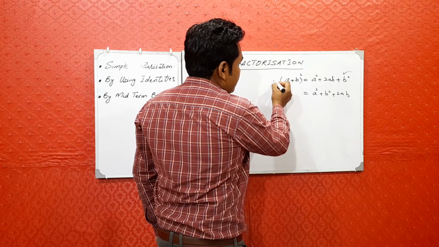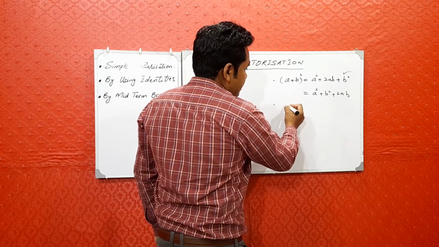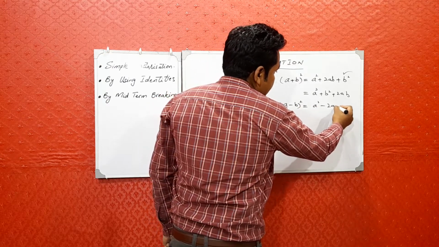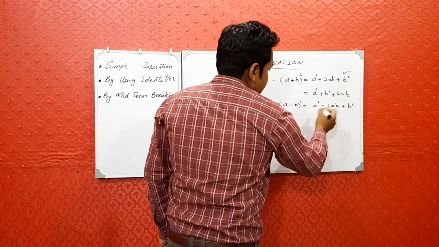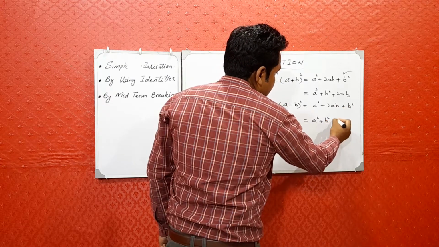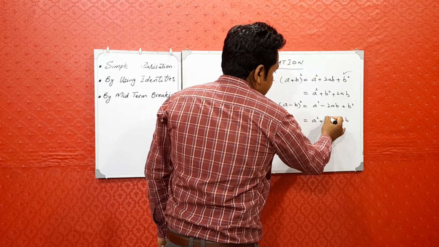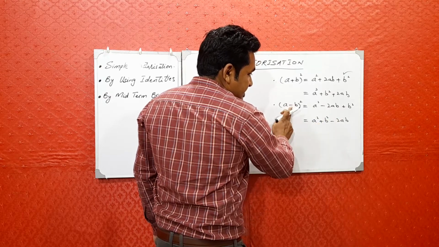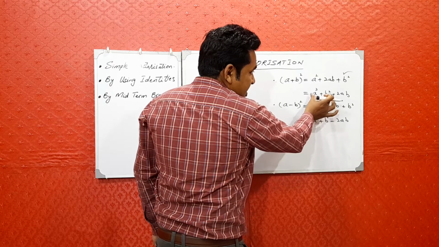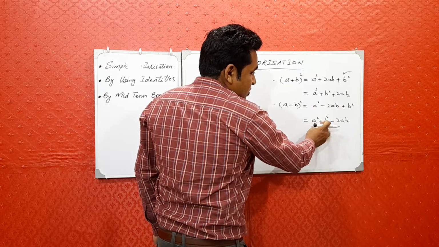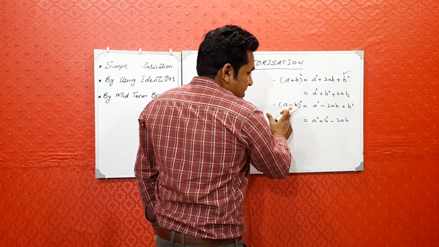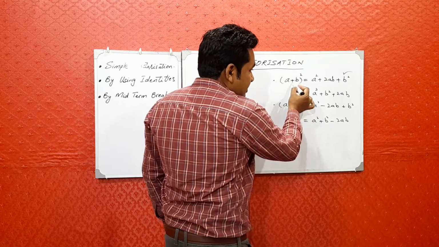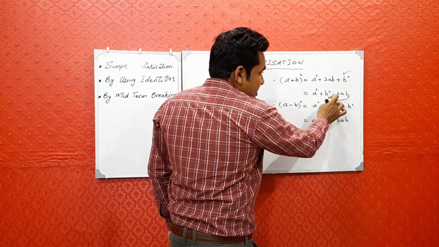We will be using both of these, but more focus will be on the first type. The second identity is a minus b whole squared, which is equal to a squared minus 2ab plus b squared, and this can also be written as a squared plus b squared minus 2ab. You can see that the negative sign and the sign of 2ab are the same. A squared and b squared are both positive, but the sign in front of 2ab follows the sign in the bracket. Similarly, if it is positive, then this sign and the sign of 2ab are the same.